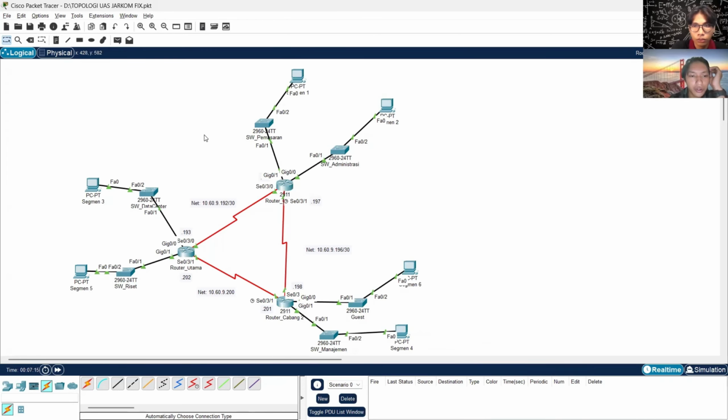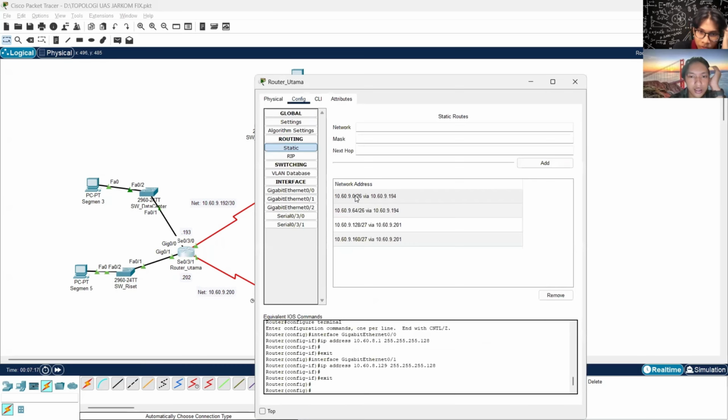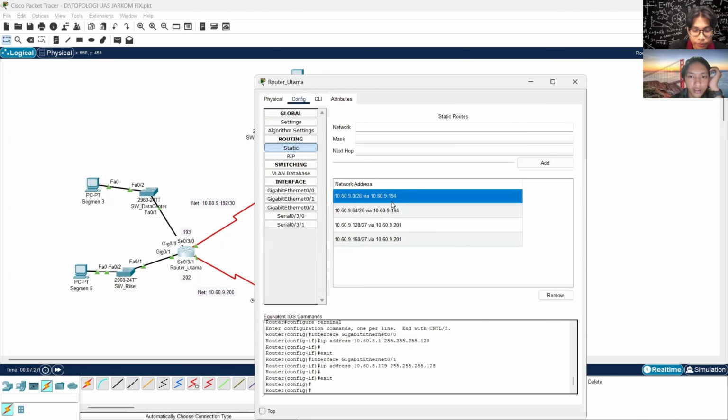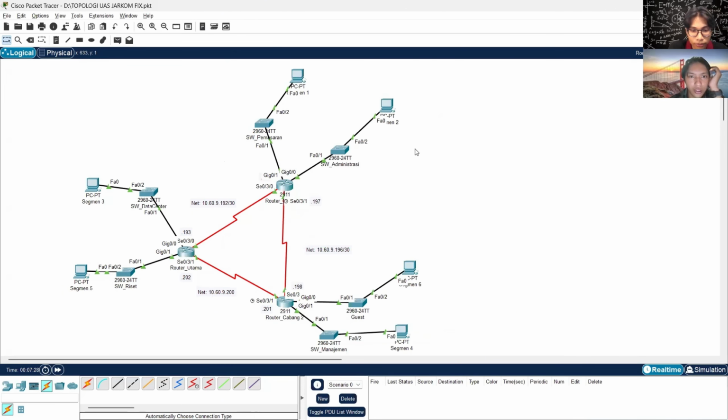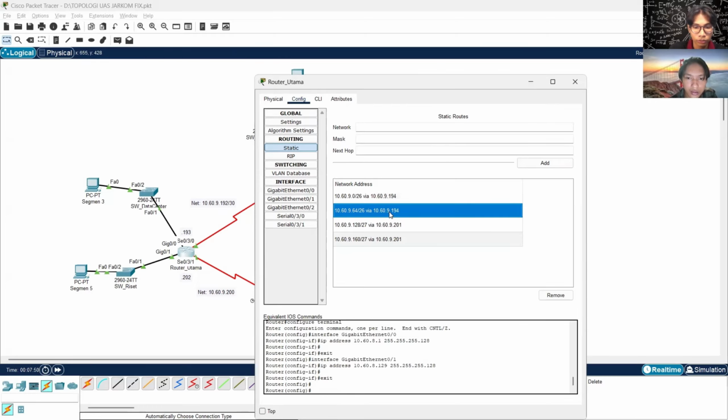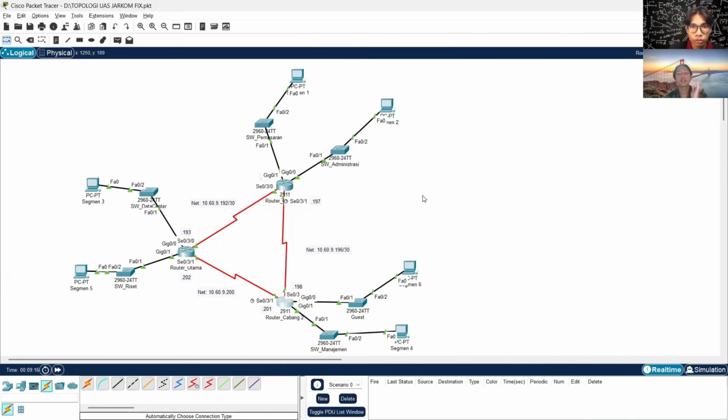After that, we know that this network address directs the package from router utama into router cabang 1 through this network, which we usually call the next hop. And for the others, it is the same. So I think that's all for static routing.